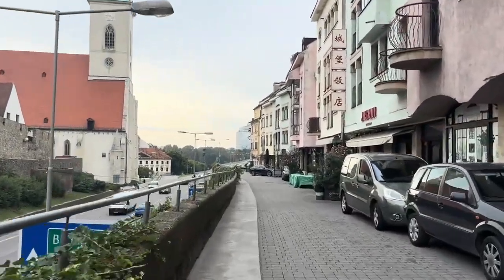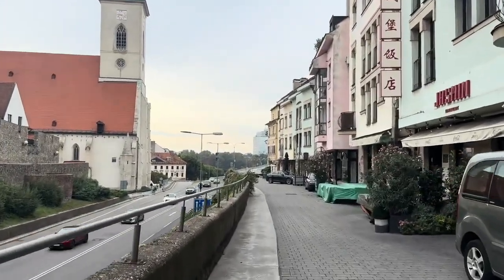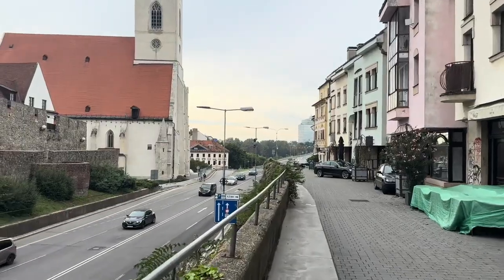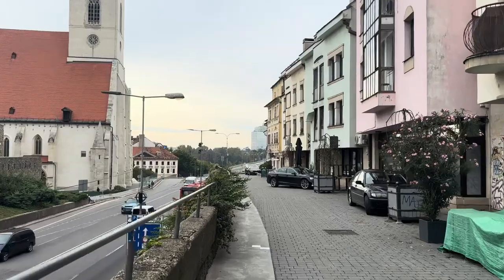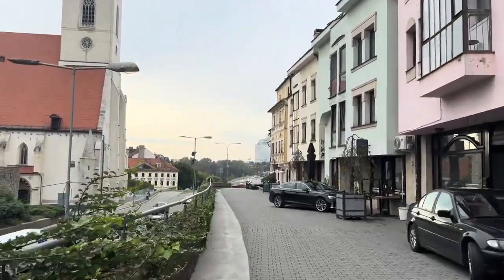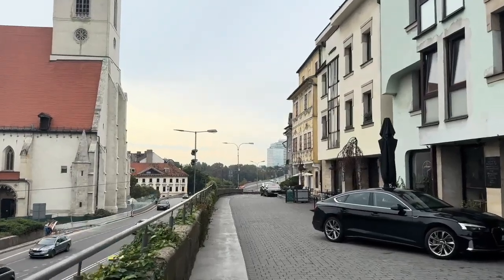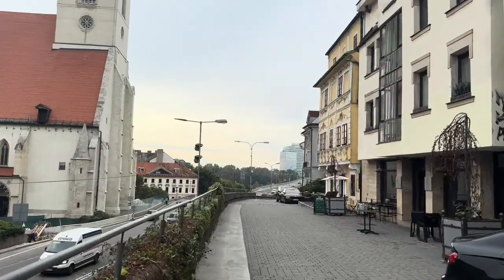You can see the UFO bridge just ahead of me. I'm not quite sure if it's pedestrianised to walk across it. I can see a couple just walking on the dual carriageway down there, where Google Maps was sending me, so they're braver than me. But I'm just keeping my eye to see where they're heading, because they may well be heading onto the UFO bridge, but it doesn't look like a particularly user-friendly bridge for pedestrians, so